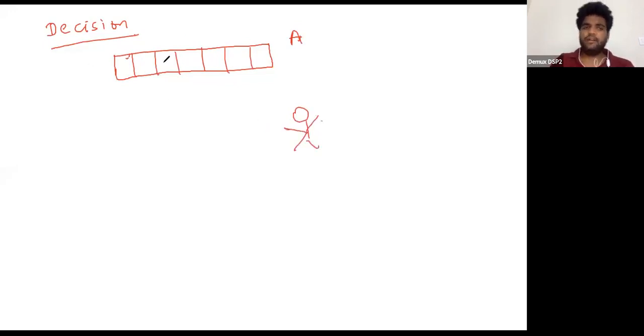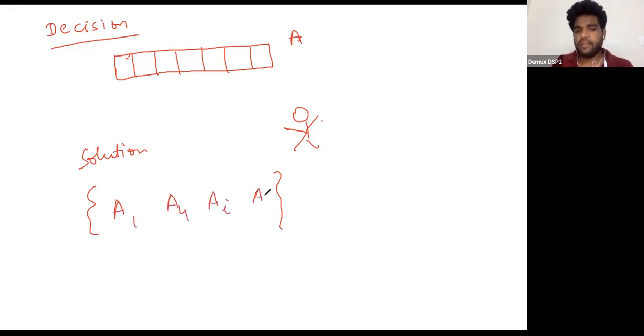I look at all the houses that the robber would rob. I look at the solution, and I say that in the solution, you had some houses. Let's say you had A1, you had A4, you had some AI, you had some AJ. These are the houses that the robber robbed in order to get the maximum money. Okay. So now I could make a decision of this type, that